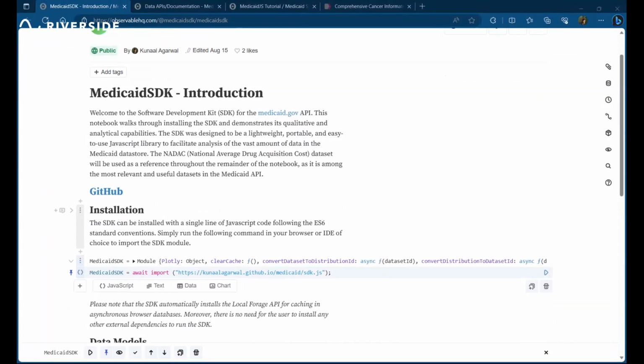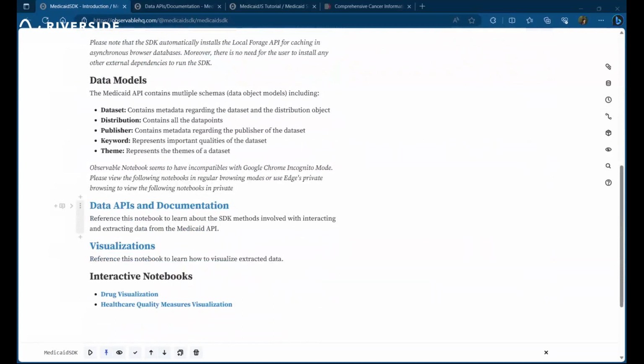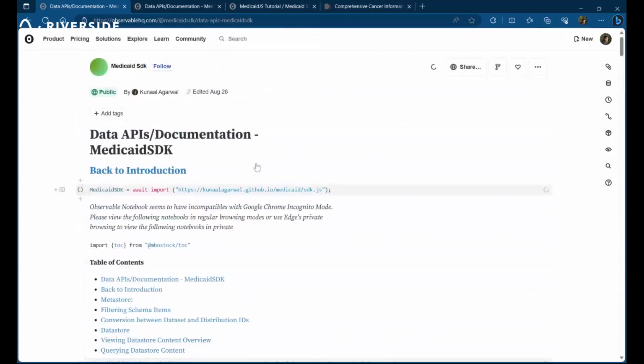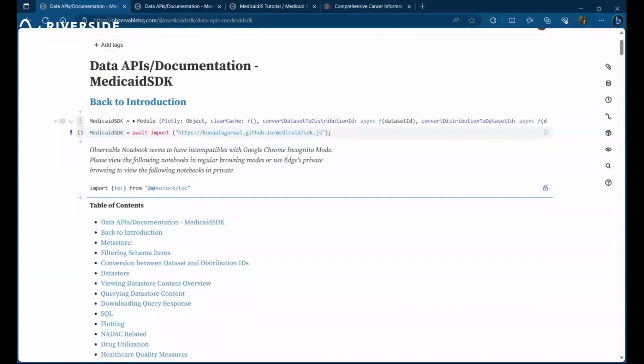So now I'm going to navigate over to some documentation to learn more about what MedicaidJS actually does and how we can learn about using it ourselves. I'm going to scroll down and simply go to Data APIs and Documentation. Here we are. So here we can see the documentation for all the functions included in the library,